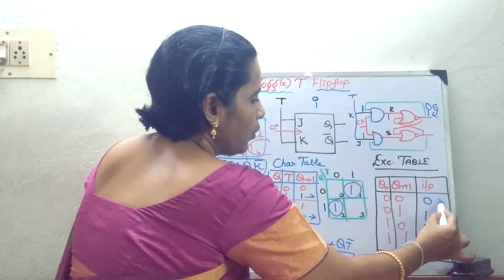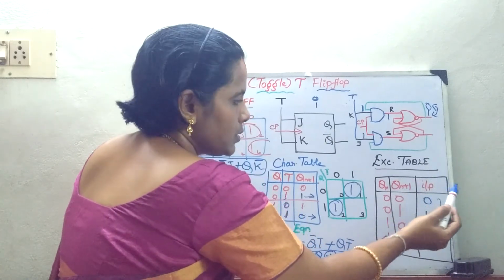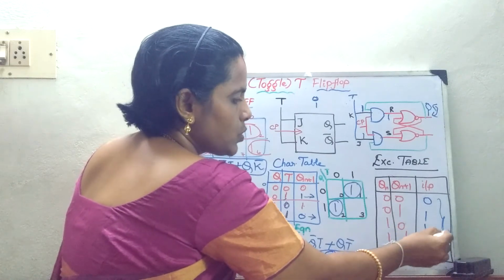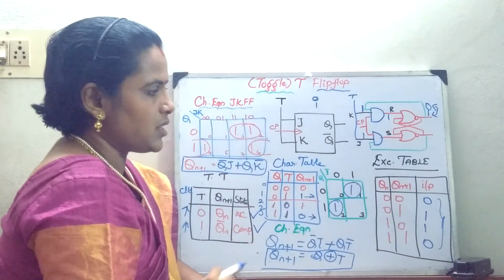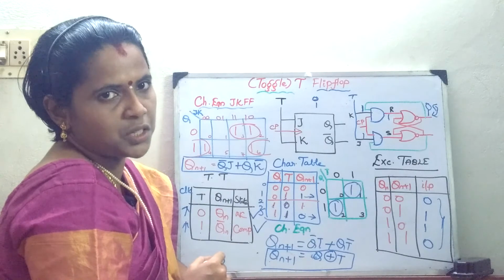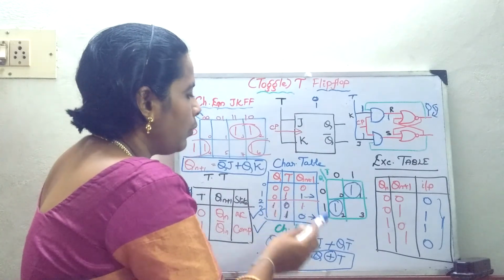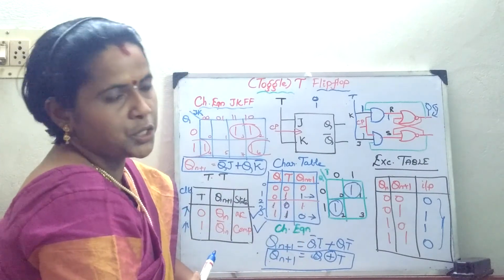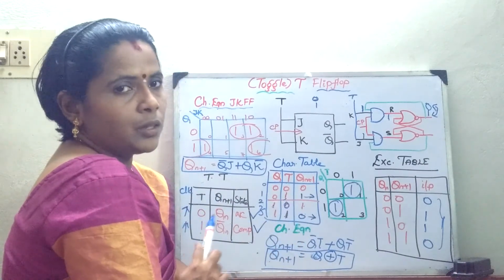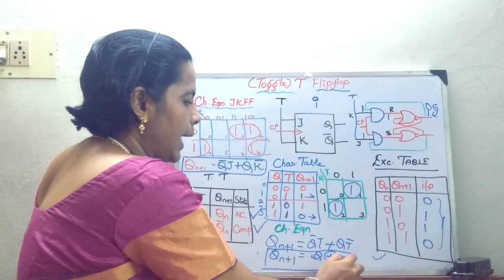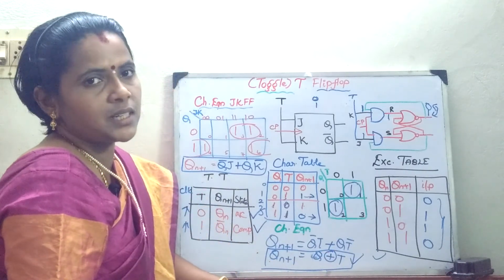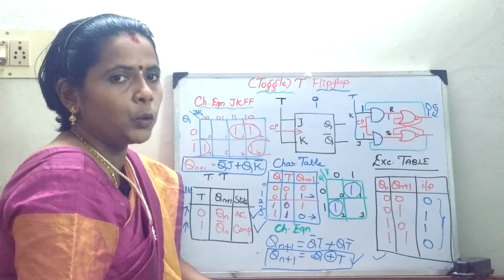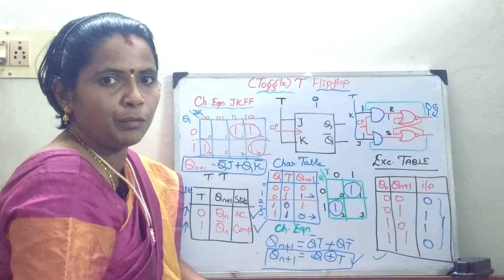So just remember for the excitation table, because you have to remember all the flip-flops, the input sequence is 0, 1, 1, 0. That is just a shortcut when you are writing your excitation table. Whenever you write your characteristic table, from that you can write your excitation table. So you are getting the excitation table and the expression for your characteristic table. Thank you. In the next class, we will be seeing the master slave JK flip-flop. Thank you.